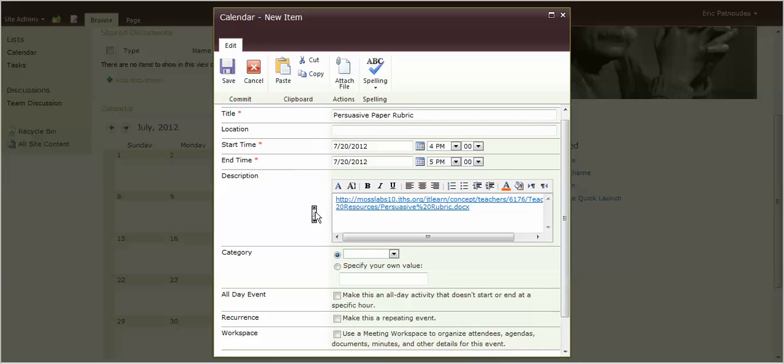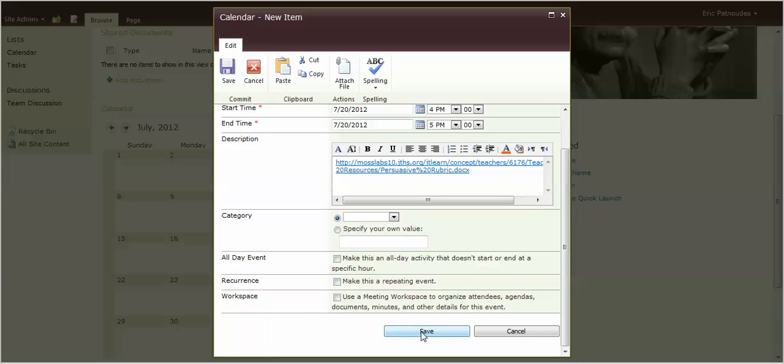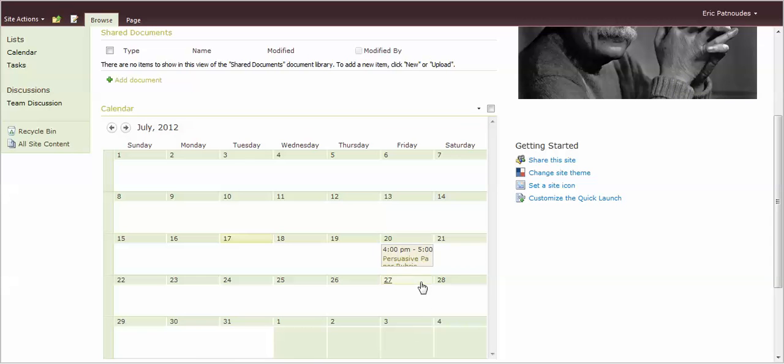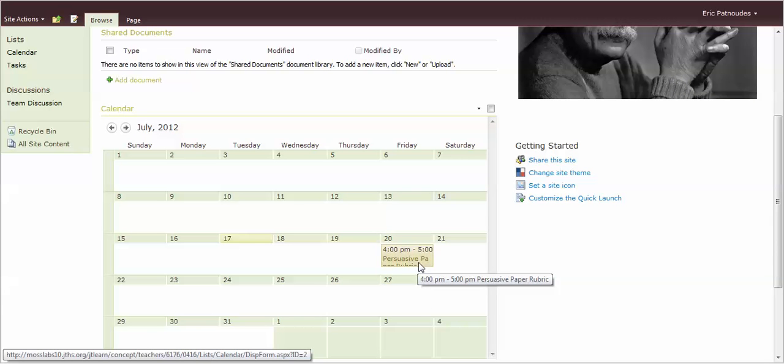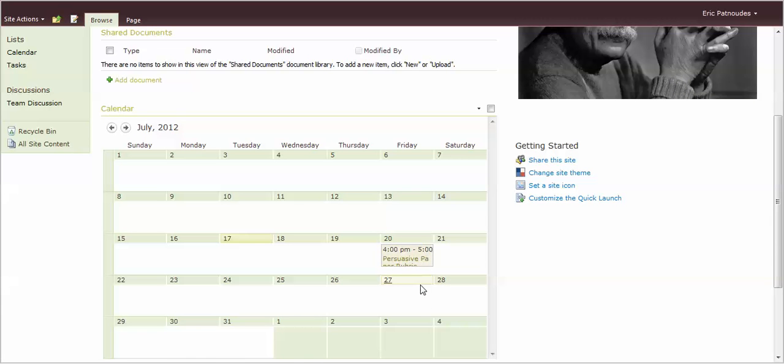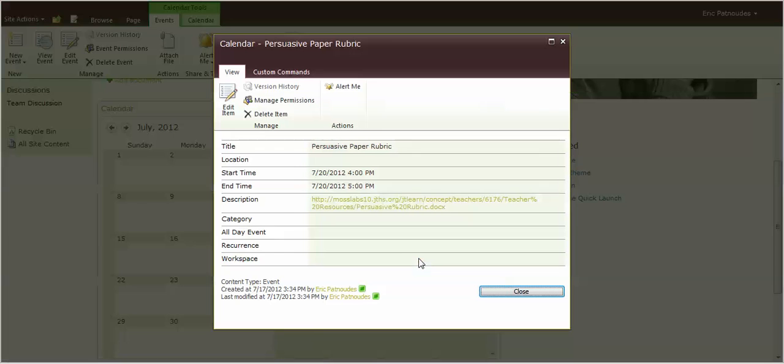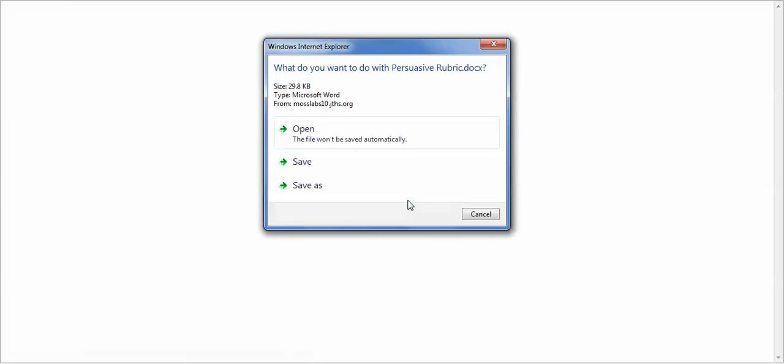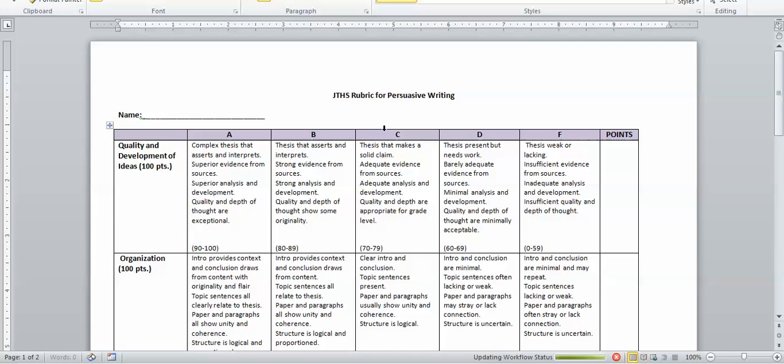Then scroll down, click on Save, and now you see the event that we just added. And if you double click on that, it gives the students all the information that you just input, and then a link to that document where they can open that document from your document library, and there's the rubric they can use for the persuasive paper